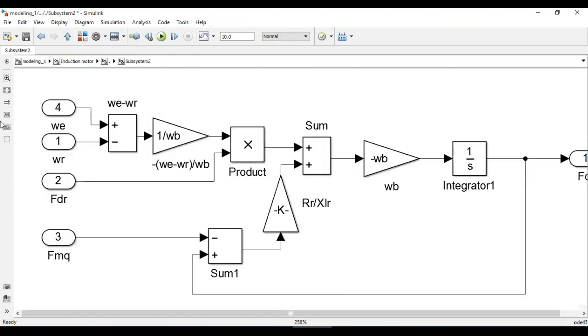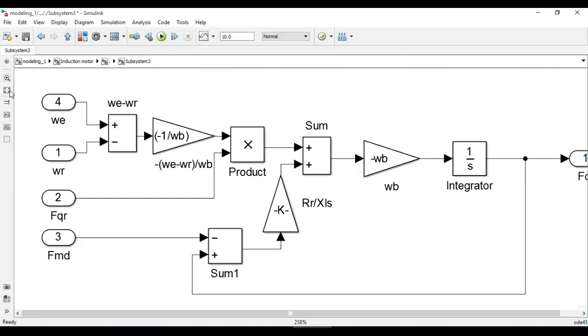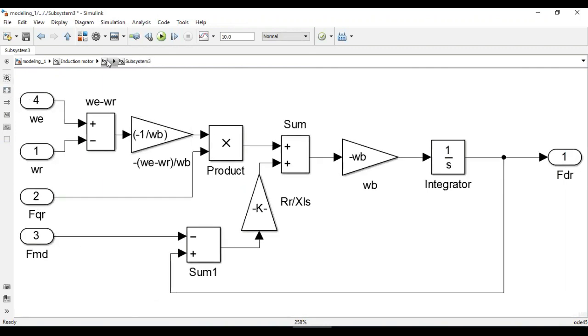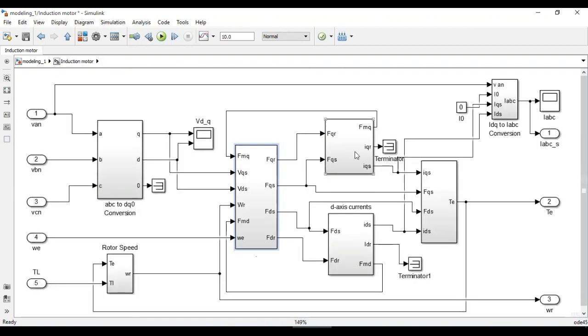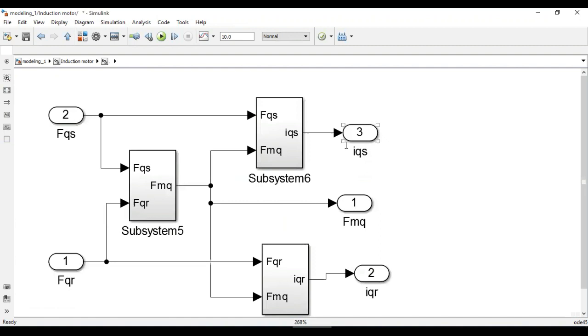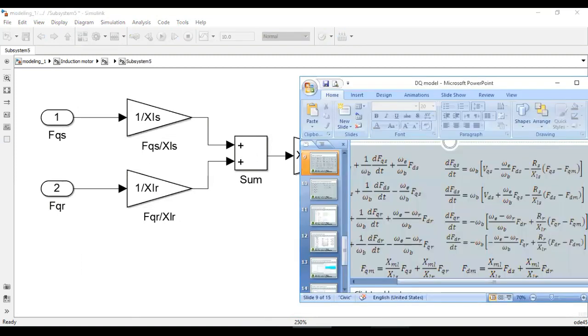and this is FQR. Similarly, this is FDR, and these fluxes are calculated, and they are fed to these two blocks. So this block is actually calculating FQM, IQR, and IQS. So this is the calculation of FQM, and it will need FQS and FQR. When I open this block, I will get this subsystem, and here you can see this is FQM, and it is equal to